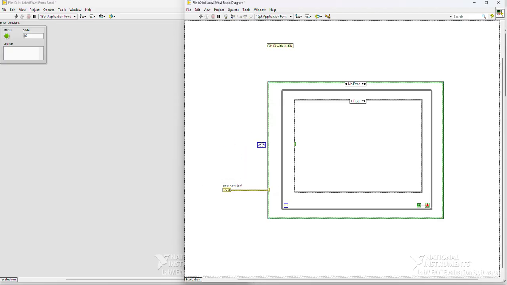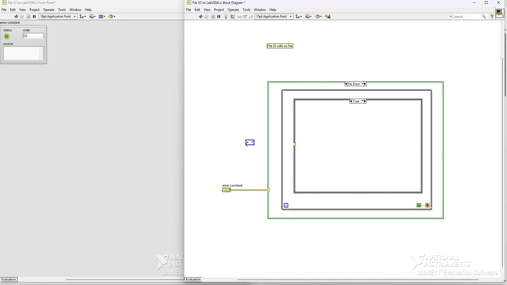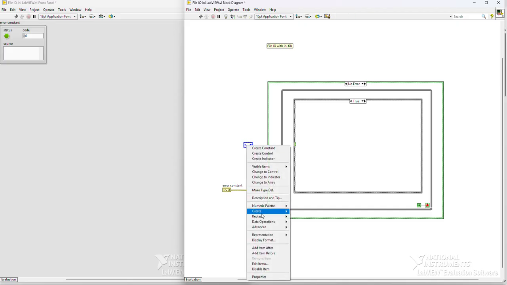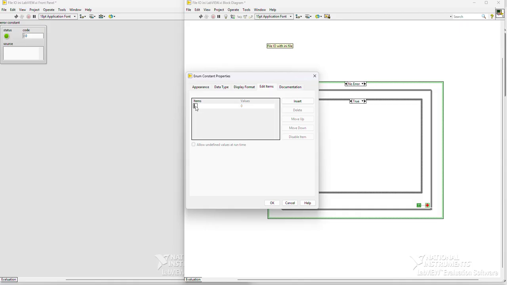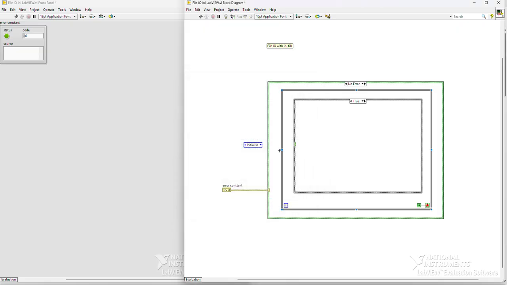In the case structure, I can edit the same method: initialize, read, write. That will be much better. We can initialize, read, and write. In the initialization,